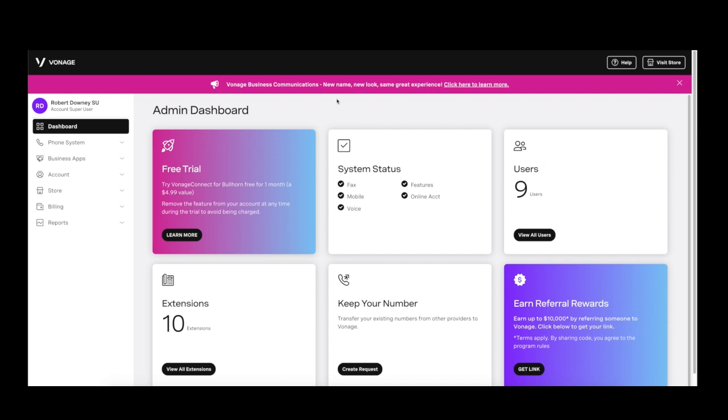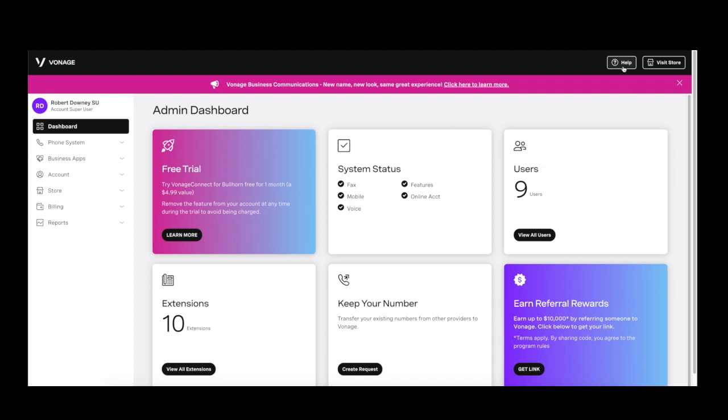Inside the web UI, you're able to launch the dashboard, which shows you a lot of your generalized features, including the system status. This is important because it gives you visibility into exactly what's going on inside the Vonage cluster. Anytime there is a rolling update or issues, this will be reflected here, and you can click on any of these links to get more details from our support group as far as what is going on and what's being done.